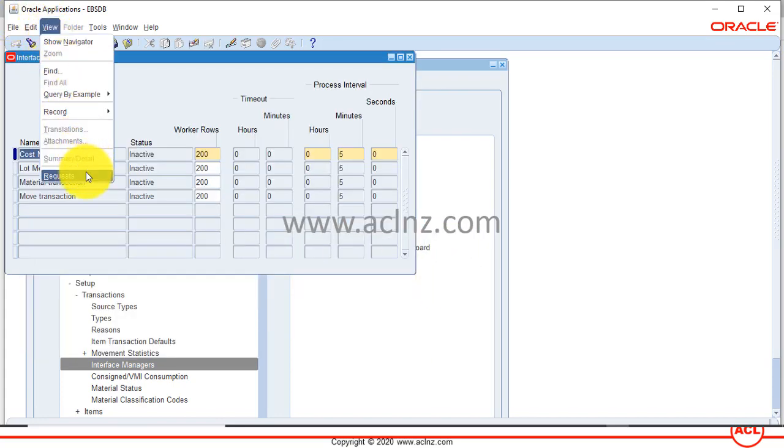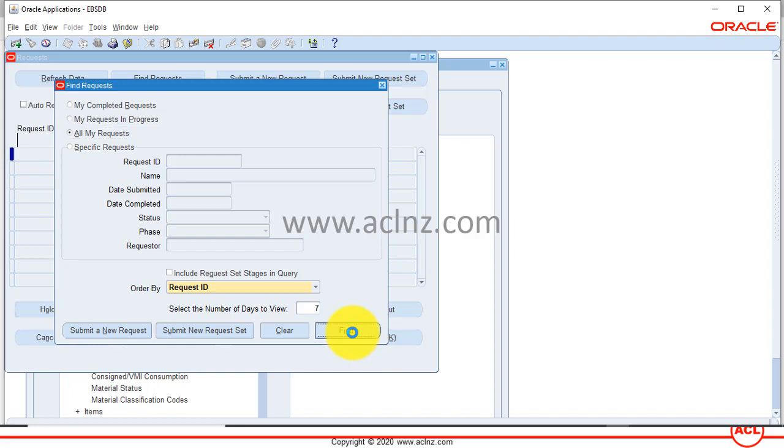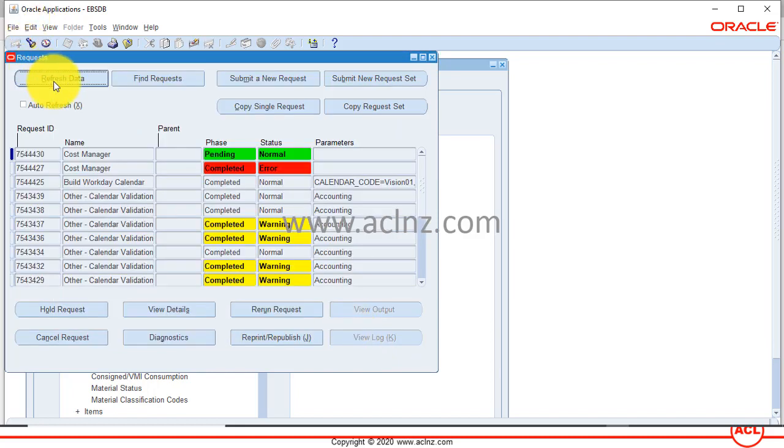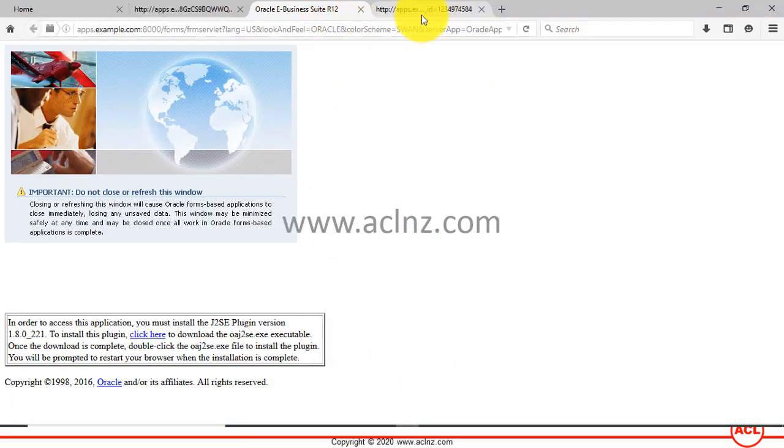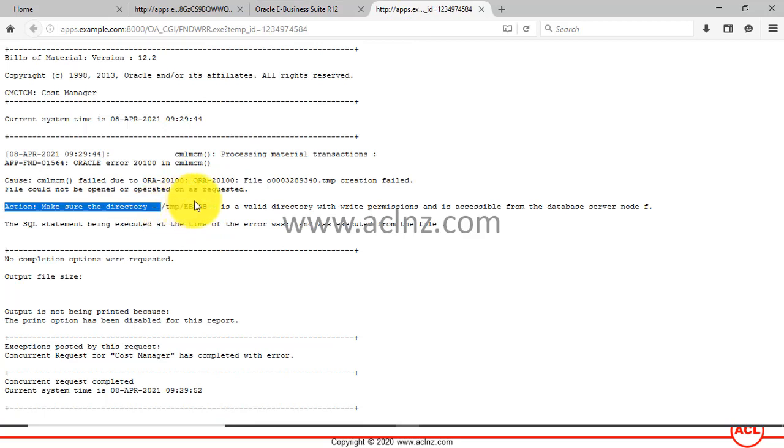So I'm going to go to view requests, then hit the find button to see all my requests. So the previous request completed in error, and as you have seen, the error was shown as a permissions issue in this particular directory. So hopefully this time it should go through.